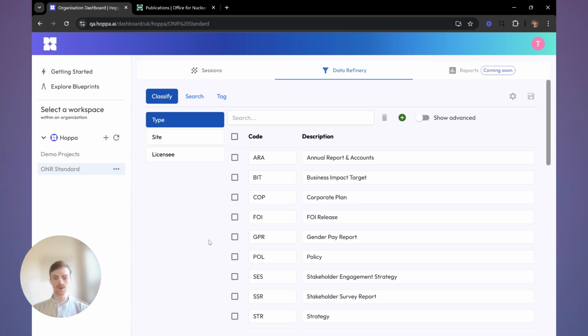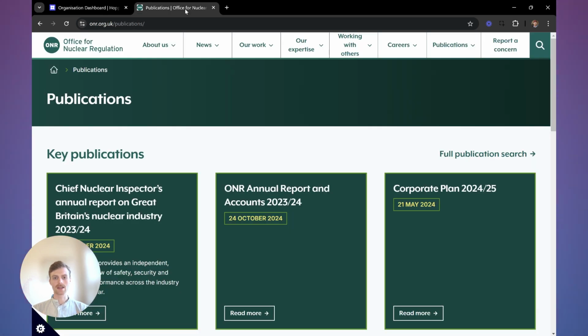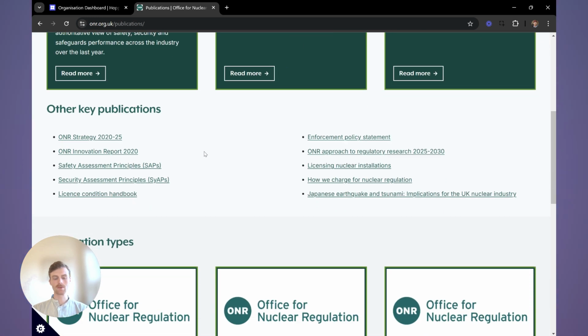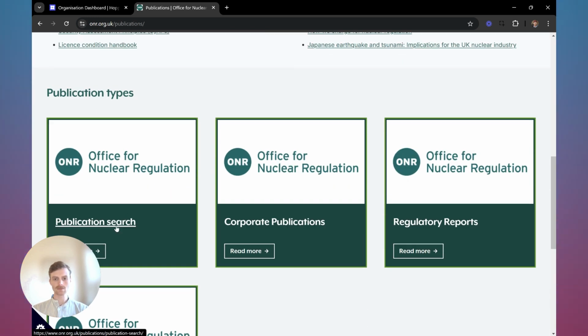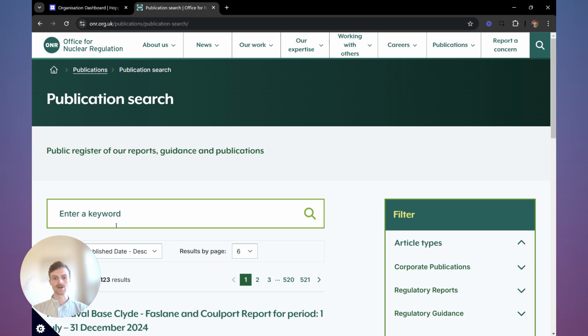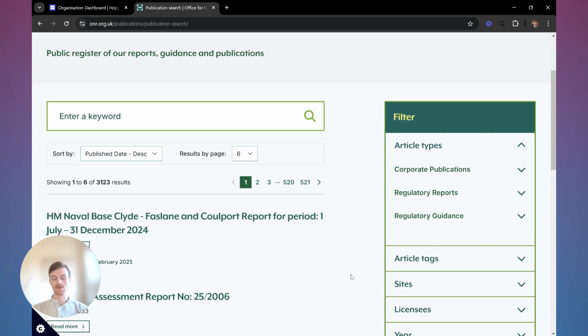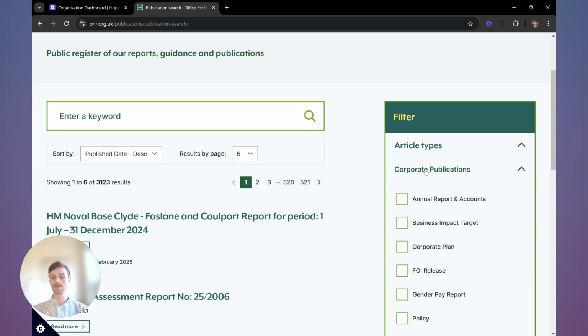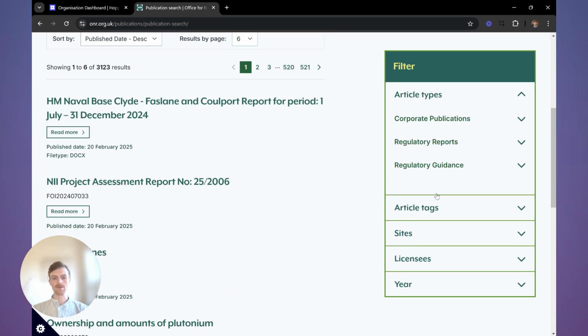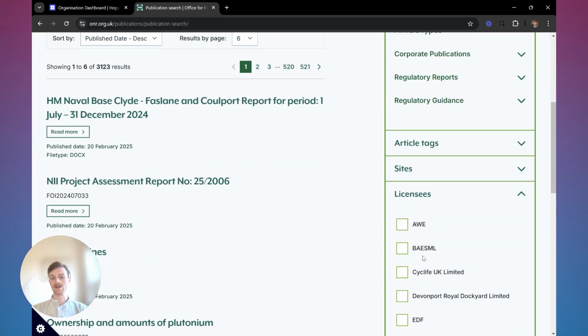AI agents. So for this video, I'm going to be using data publicly available from the ONR, the UK nuclear regulator. Now, the ONR publish loads of information on their website, everything from inspections, reports to planning information. And they've got around 3,000 documents that they make publicly available here. So it's a big data set, but thankfully the ONR have already got this data well structured, but that's not the case for everybody. So we've taken 35 documents from this online resource and then loaded them into our SharePoint